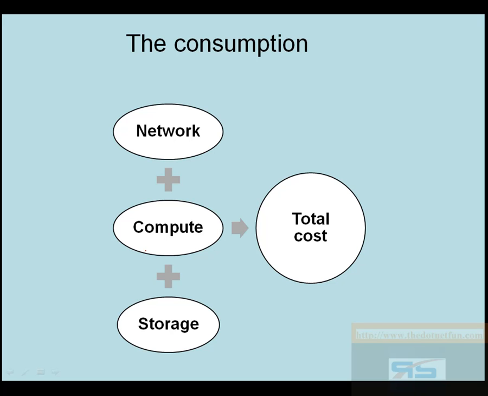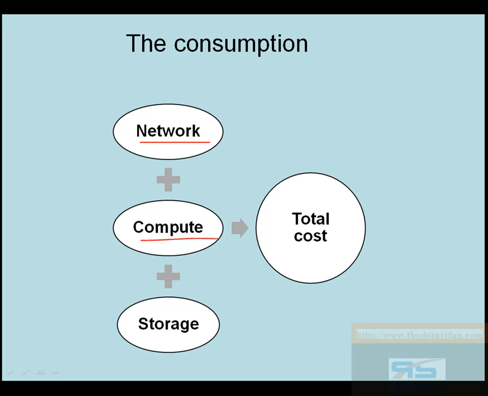Now that we have understood that pay per use is the answer, let's try to understand what the different aspects are for which we need to pay. Primarily, you pay for three different kinds of resources when you host your server online. The first resource you pay for is the network, that is bandwidth. So how much bandwidth do you consume? If you're consuming 100 GB bandwidth, accordingly you need to pay your online hosting provider.